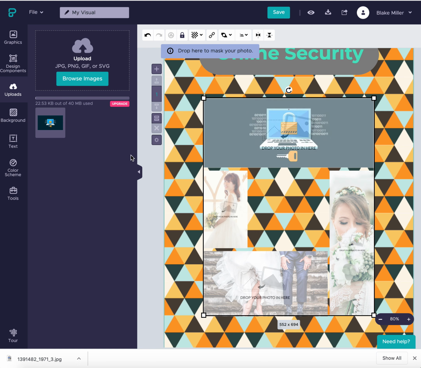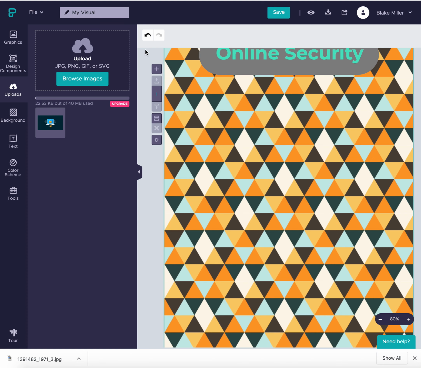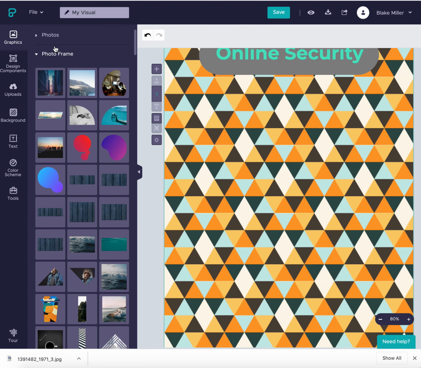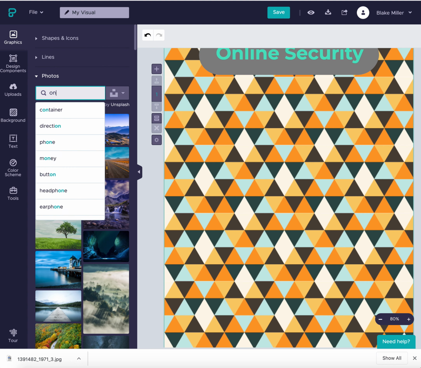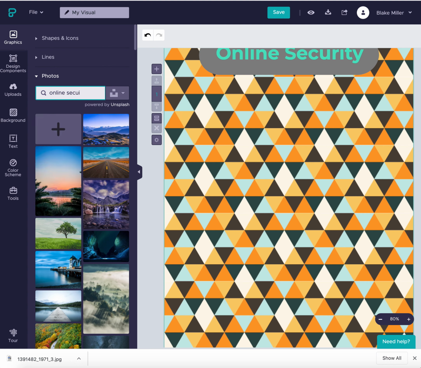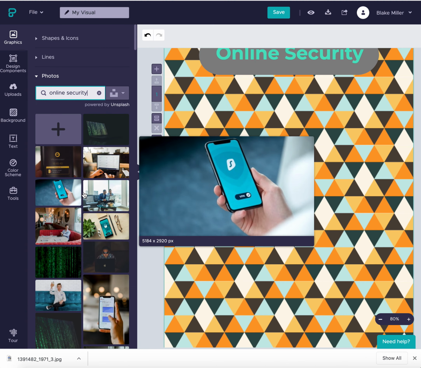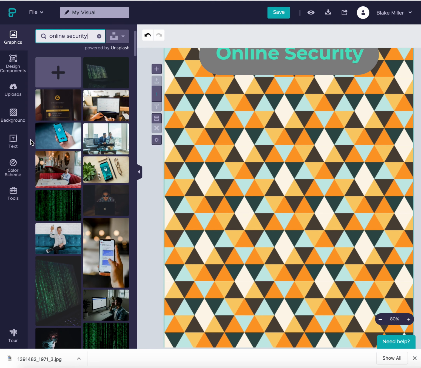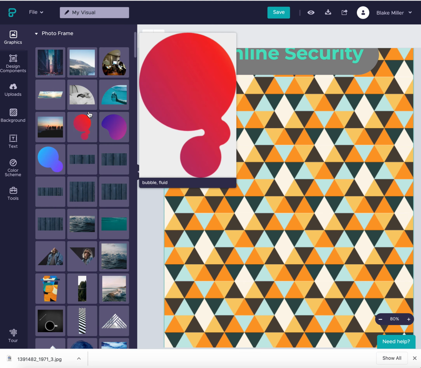I can go back to my pictures and add in a number of different pictures. But if I go to graphics and make sure you are in photo frame, you can also search for photos in here. Unsplash is royalty free. So if I search online security, royalty free means that there's no copyright and you can't get in trouble for using it. See, we got this hacker here. So you can search photos on there, and then through your photo frames,